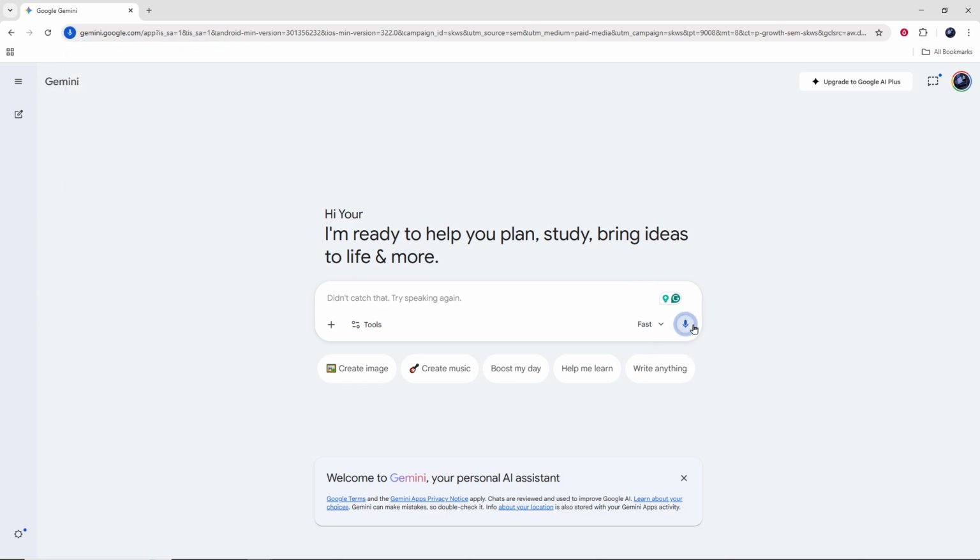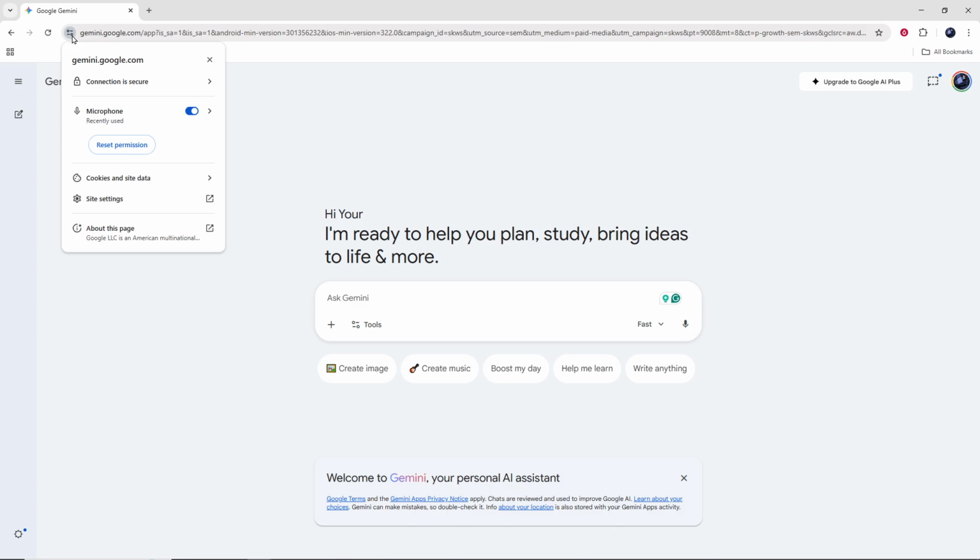Speak clearly at a normal pace and try to reduce background noise for best results. Pause briefly after your question so Gemini knows you're done, and you'll see or hear the response just like a typed query. If you don't see this microphone icon, or if clicking it doesn't trigger the permission prompt, you likely